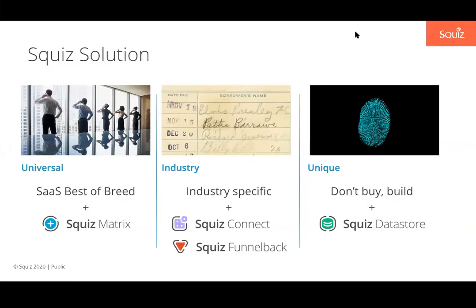And lastly, from the unique standpoint, we have tools like Data Store. So these are low-code tools that massively speed up developers. So often when you're doing development, you go to the developers, you explain what it is you're trying to solve, and they say, great, we'll get onto it. We're going to work on a series of sprints. So you come back in 2 weeks' time, say, how's it going? And they say, oh, it's great. We've decided what the database is going to be. Okay. So you come back 2 weeks' time, how's it going? Oh yeah, it's great. We've decided that we're going to put it on this particular cloud server, and this is where we're going to build the APIs, and so on and so on.